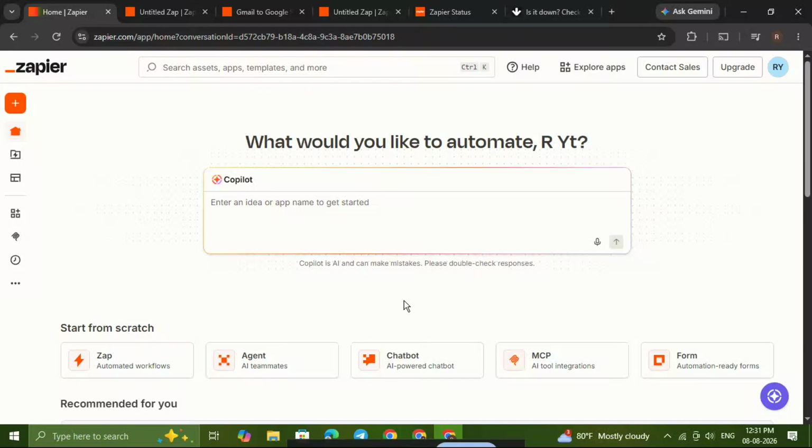If your Zapier workflow is showing a current time or date and time formatting error, don't worry, because in this video, I'm going to show you exactly how to fix it step by step. This is a simple solution that can help you format your date and time correctly so your Zap runs smoothly